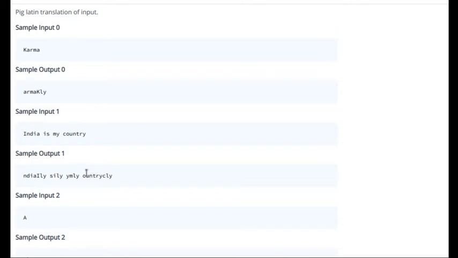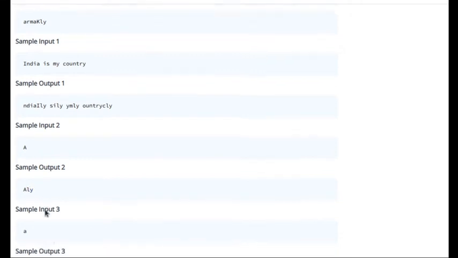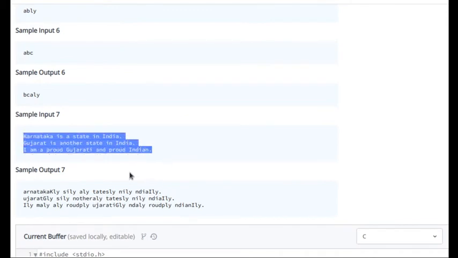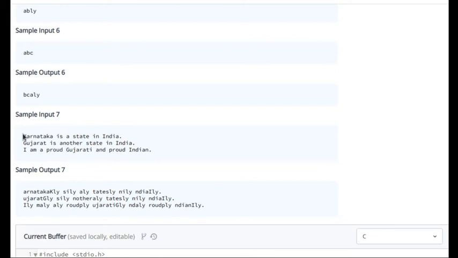So this is the Pig-Latin that we want to achieve, right? If there is a single word, then we will skip the first letter, but then the word ended, so we type the first letter and then we append it with ly, right? Similarly, if there is a sentence or multiple statements like this, for each word we will skip the first letter, we will write it at the end and append it with ly for all the words, right? We will not consider dot as part of the word.